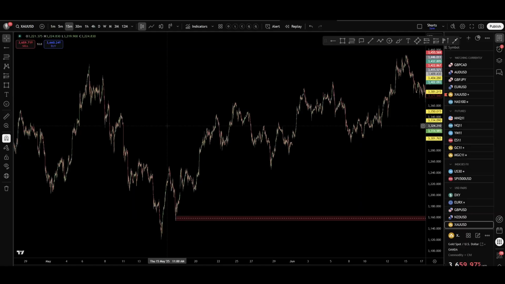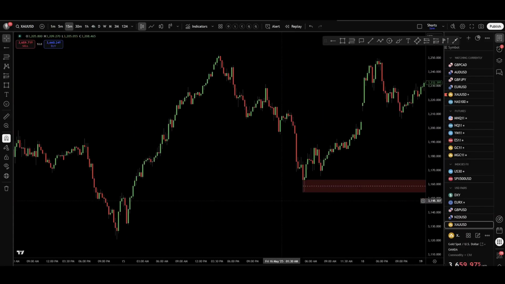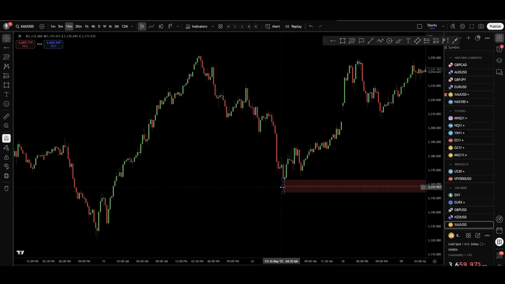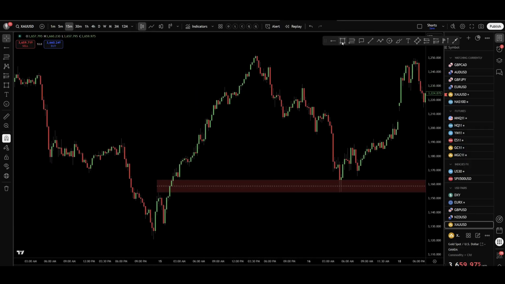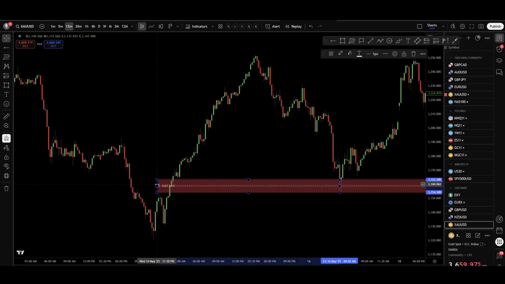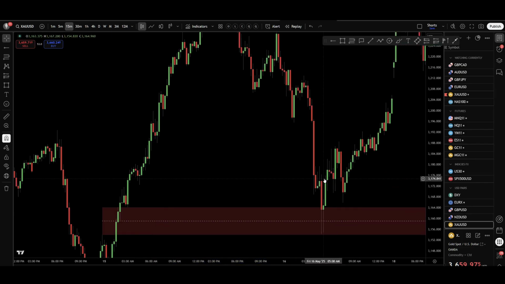Right? But what we can do is now zoom in and try to figure out, all right, what is the characteristic of this low? And one of these characteristics is it happened in an area of imbalance. So now let's mark out the area of imbalance. It would go from this high all the way up to that low. It's almost like perfect, but anyway. So let's delete that. Now that I have my imbalance marked out,